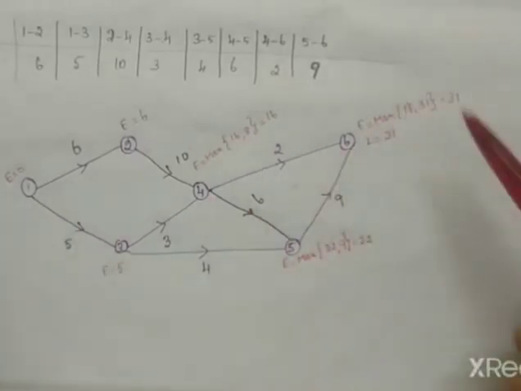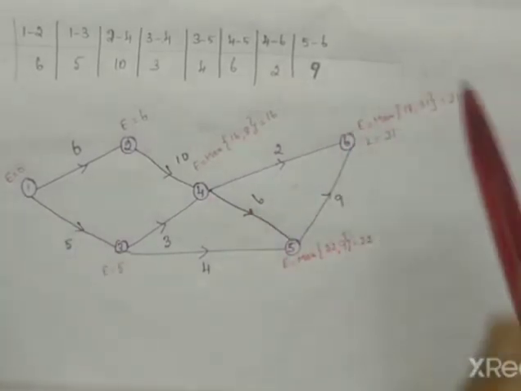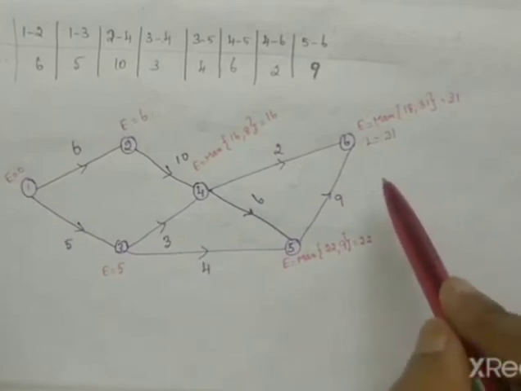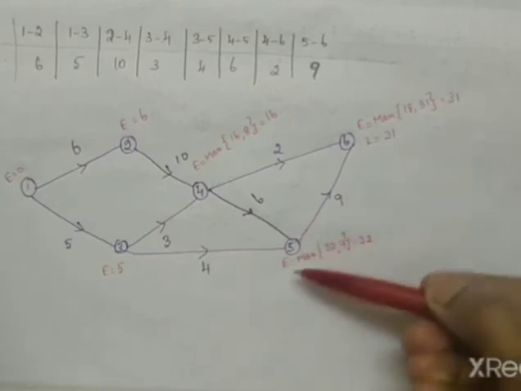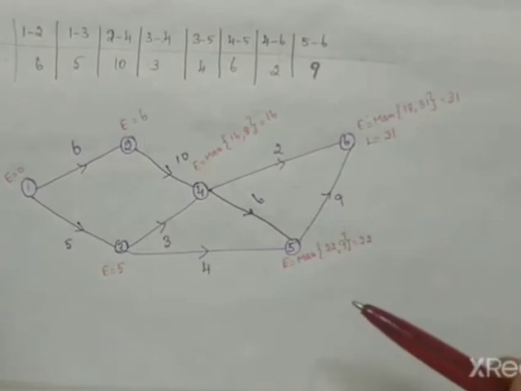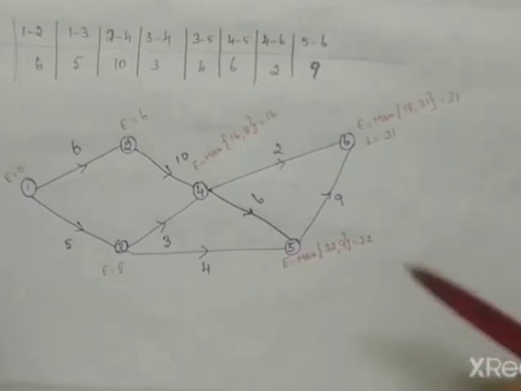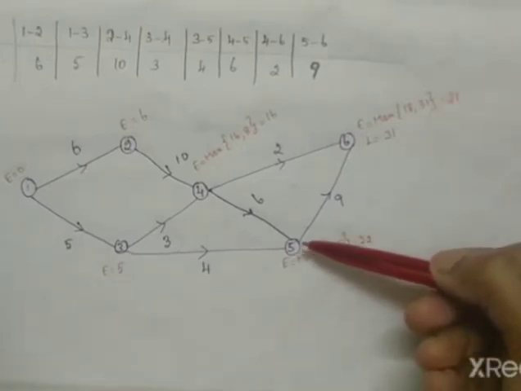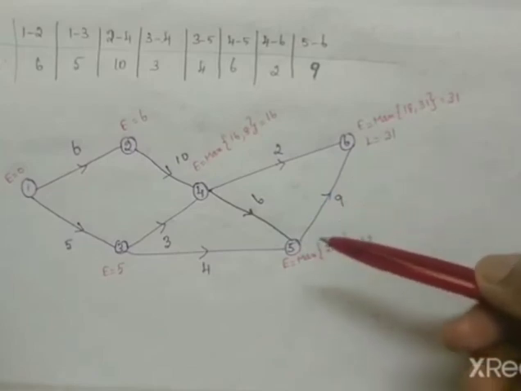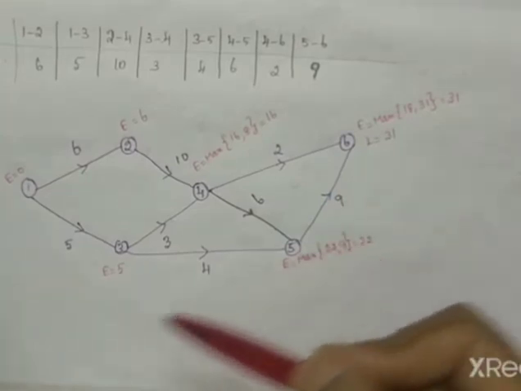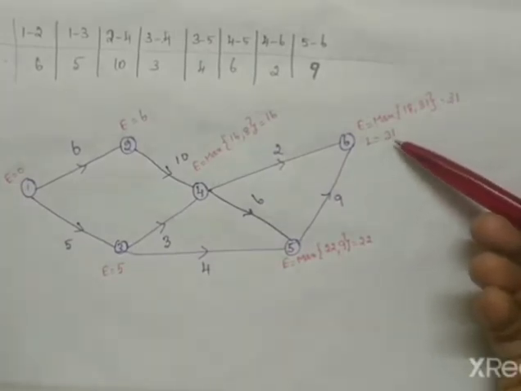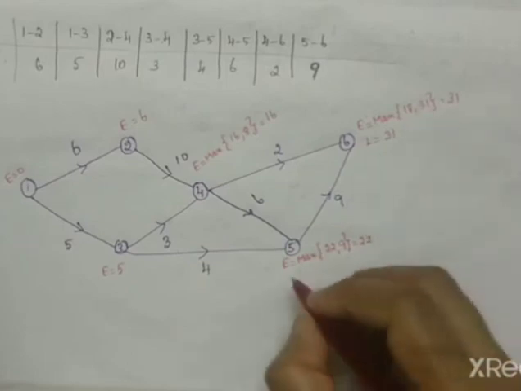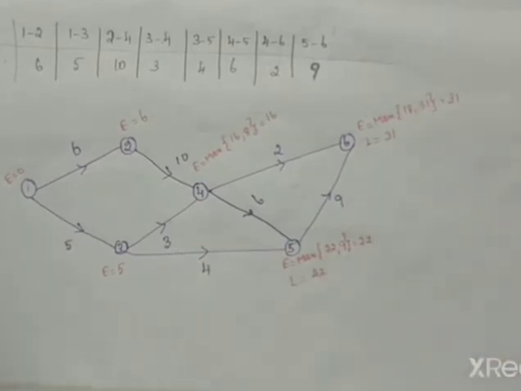Finally we get one L value and one E value. So that is your L value for the last activity. The next step is to come to the fifth one. For the fifth one, there is only one outgoing activity. That's why I am telling you to put the arrow marks carefully, because you have to calculate how many incoming and outgoing activities there are. For the E value you add the duration; for the L value you subtract the duration. So L is equal to 31 minus 9, which is 22. So here the L value will be 22.